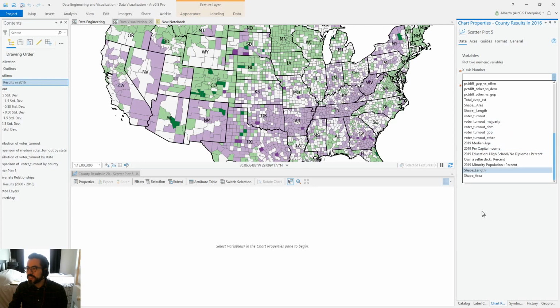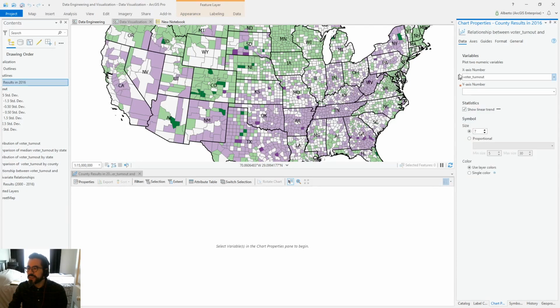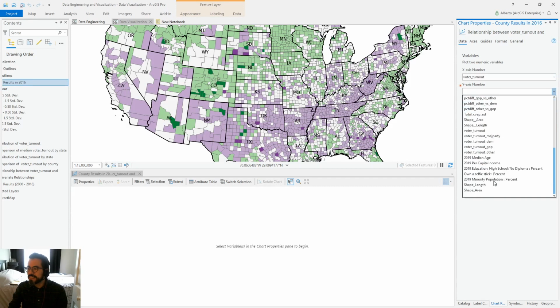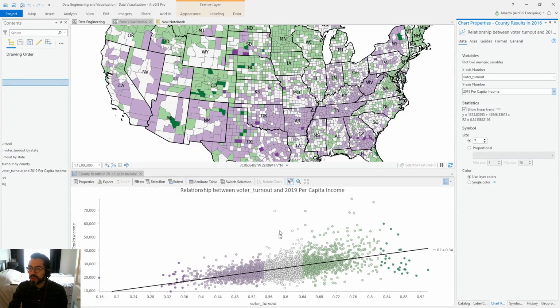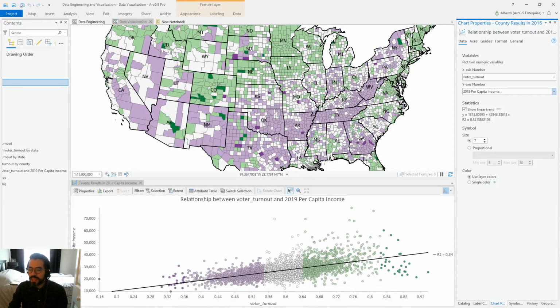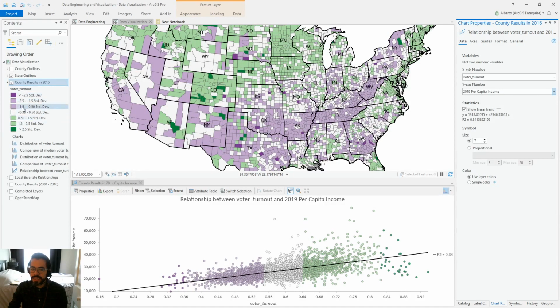What we're going to do here is basically tell it, give me the voter turnout in one axis and give me the field that I care about in the other axis, so per capita income. And it's going to bring in the symbology from the map, which I think is pretty useful. And from that symbology, if we look at it, these are the standard deviations. What we can do is basically look at the R squared. The R squared, you don't need to know a lot about statistics, but I can summarize it for you. It's a quantification of how related these two things are. In this case, presumably, the higher the voter turnout, there's some chance that the higher the per capita income, or